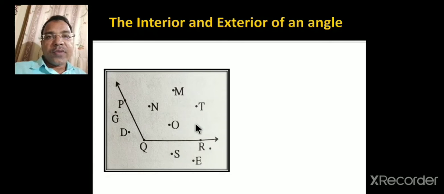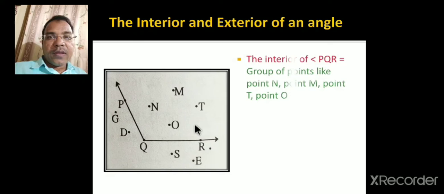Let's see which are these three parts. The first one is the interior of the angle. Now what is the interior of an angle? Let's see a group of points like point N, point M, point T and point O. Such a group of points which are not present on the arms of this angle,